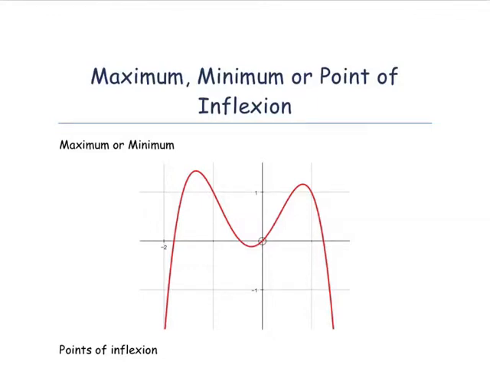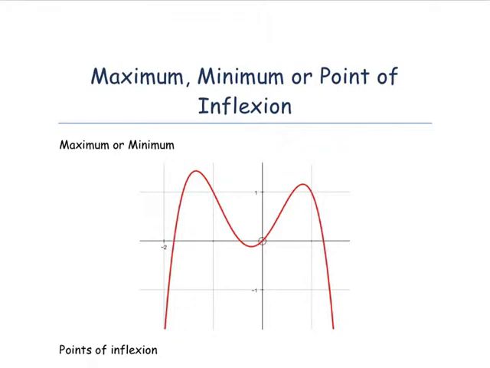maximum, minimum or points of inflection. These are commonly referred to as stationary points on curves. Now, when we have a curve and we have these points where the gradient switches from an increasing to a decreasing function, or a decreasing to an increasing function, these points here are referred to as stationary points. And you can be asked in the exam to find the coordinates of the stationary points to a curve,